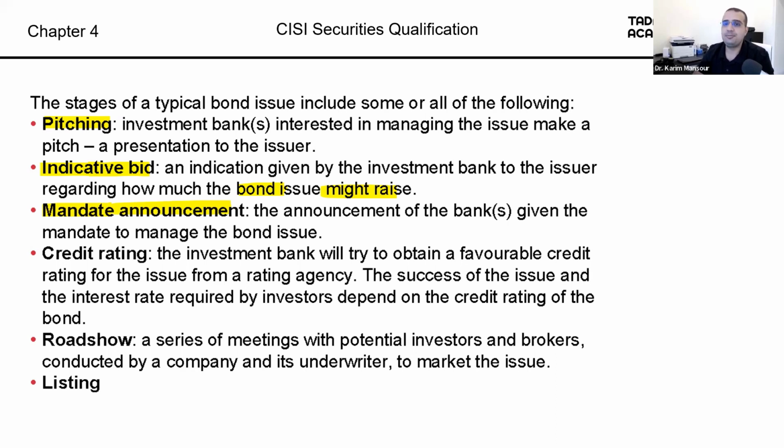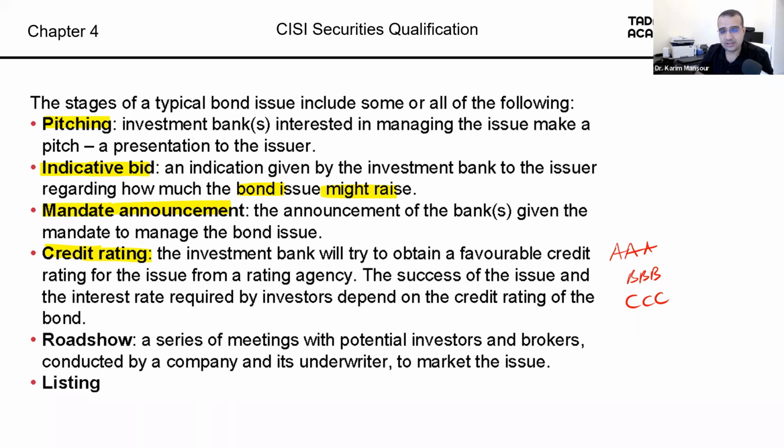Now, remember that a bond is a credit instrument. And for many governments and companies, before they start selling this bond, investors might require to know the credit rating of that bond. Is that an incredibly safe bond, has a rating of AAA? Or is this a medium bond like BBB? Or is it a bad bond like a junk bond, CCC? So the investment bank will speak with a few credit rating agencies such as Fitch, Moody's, and S&P and obtain a rating for that bond.